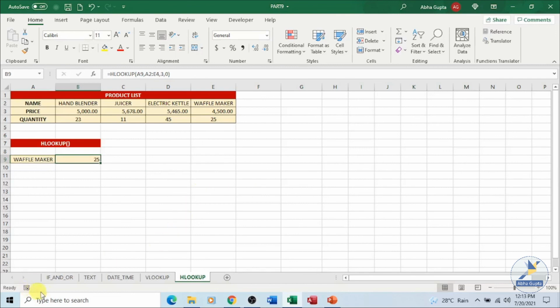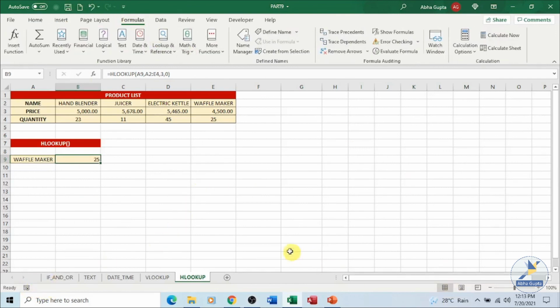In this part we have discussed various functions: the logical functions, text, date and time, and VLOOKUP and HLOOKUP, which are your lookup and reference functions. You can try out these using the examples which we have discussed. You can use them in combination, you can use them separately. If you have some other set of data, you can try them out as well. Till then, take care and thank you for watching.